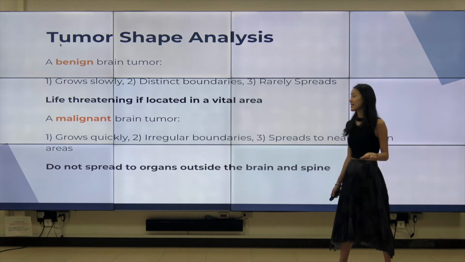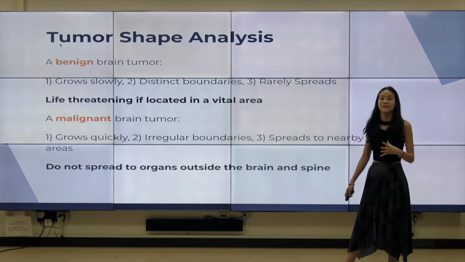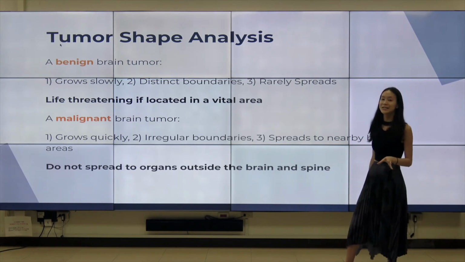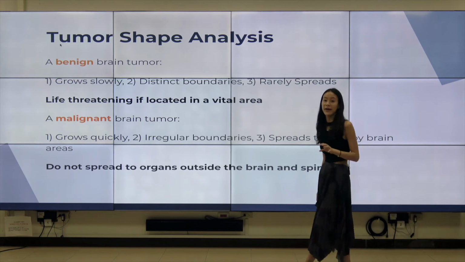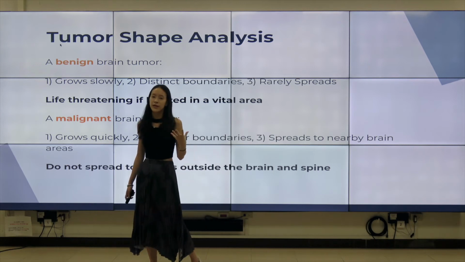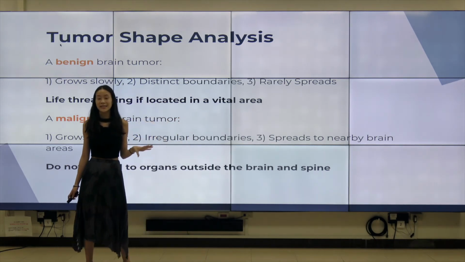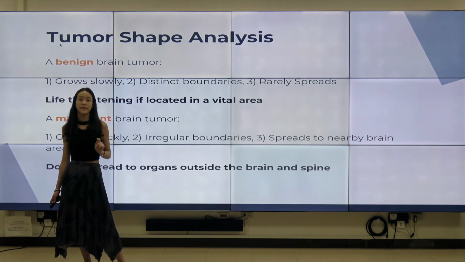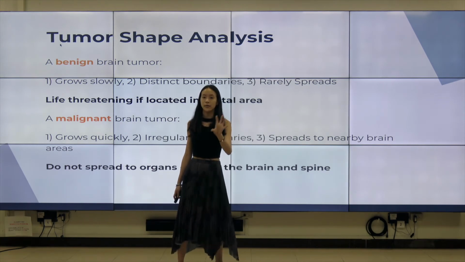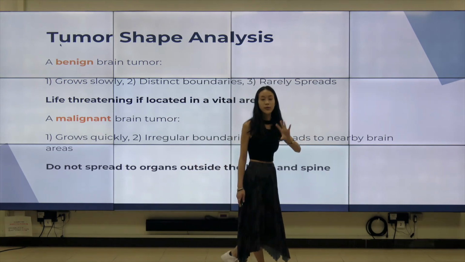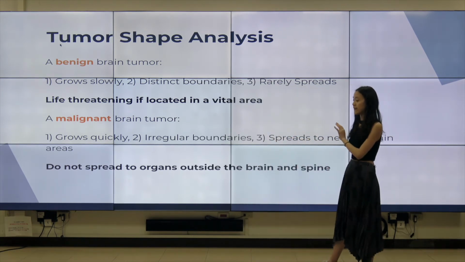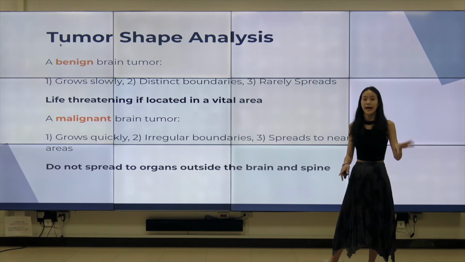However, one thing to note is that a benign tumor, even though it sounds very benevolent or kind of a nice tumor, can potentially be life-threatening if it is located in a vital area. This is what I was talking about with tumors that specifically grow in certain areas of the brain. Those are the cases that raise red flags for doctors, or potentially we're not even able to locate or analyze whether or not this prognosis is going to happen. So another way to think about it is that a benign brain tumor is life-threatening if located in a vital area.